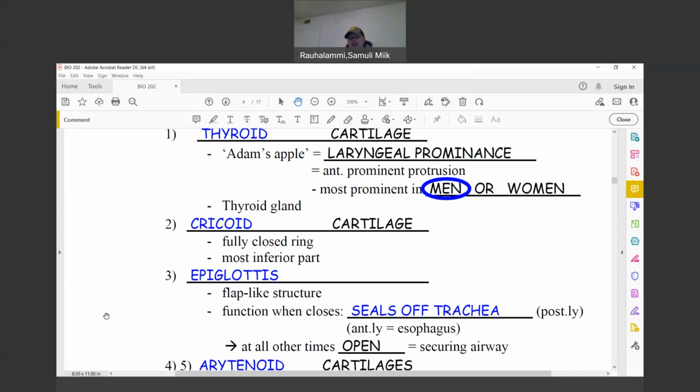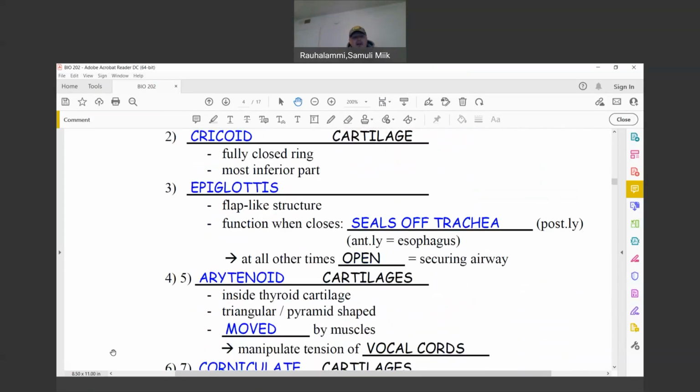Let's have a look at some of the smaller structures, and these following structures are going to be paired structures. So we're going to see 2 of these, one on left and one on right side. And we're going to start with arytenoids. Arytenoids are these small kind of more of a triangular or pyramid-shaped structures at the back, kind of housed inside the thyroid cartilage space. There was a rich connection of multiple muscles there that helped to move them, and as they moved, they manipulated then the tension of the vocal cords. So those were our